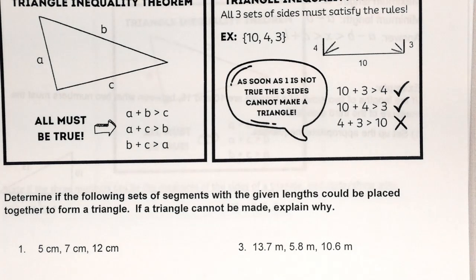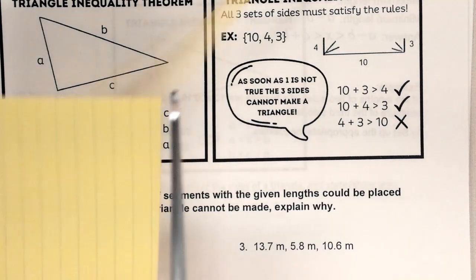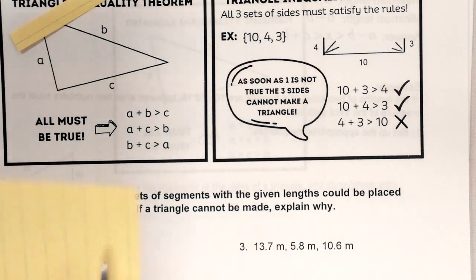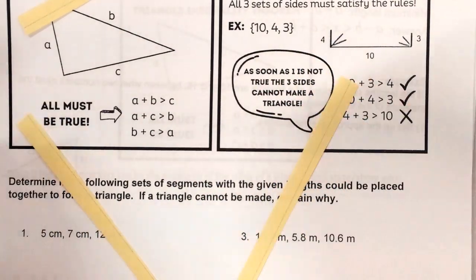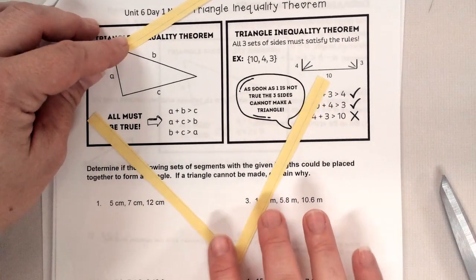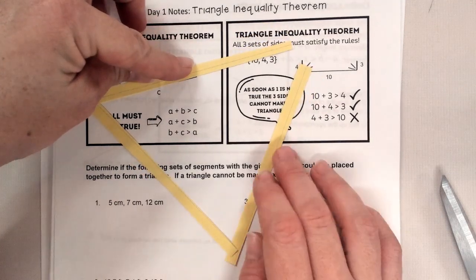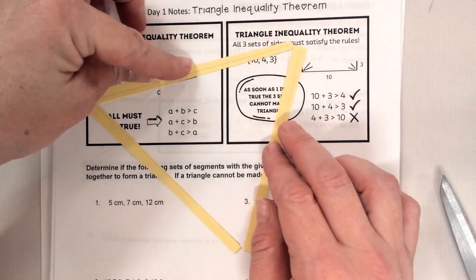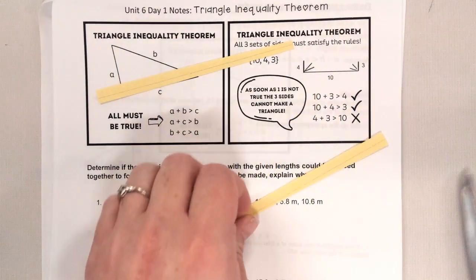If you have side lengths like this, we can make a triangle, yes? Yeah. I'm going to zoom out, because all the corners can touch each other. Okay? But what if I had